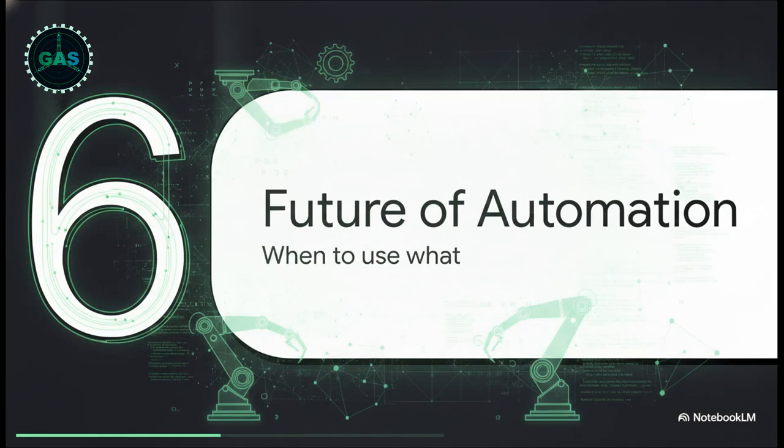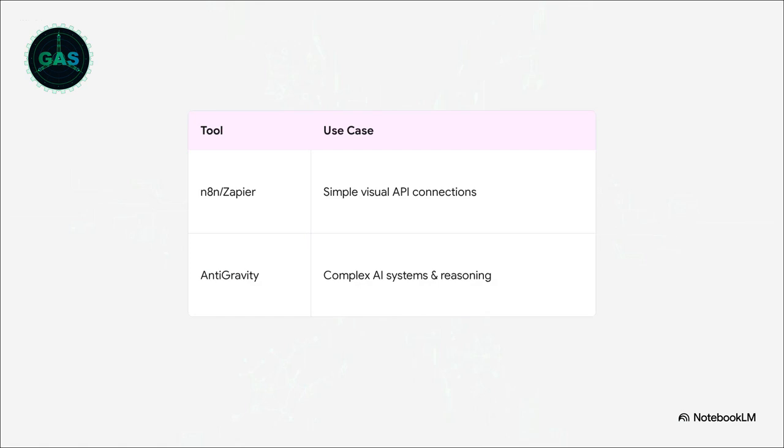Finally, Section 6. The future of automation and exactly when to use what. With all of this immense power available to us via pure text prompting, you might naturally wonder, are legacy tools dead? Well, no, not exactly. Tools like Zapier or N8N are still genuinely great for simple, rigid API connections. If someone fills out a form and you just want a quick welcome email sent out, those visual debugging tools